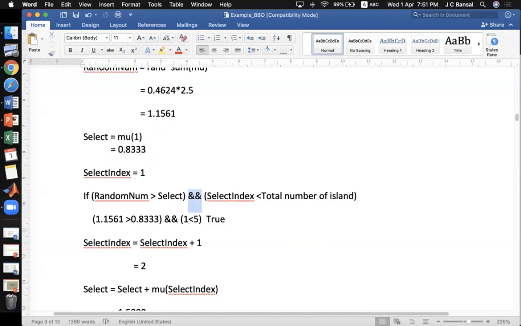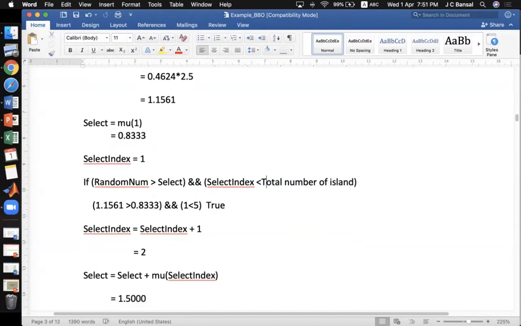And simultaneously, this should also be satisfied: select index, which is 1 right now, is less than the total number of islands, because we need to check this condition only up to the number of islands. We have to identify from which island this feature is to be replaced. So this loop will continue only up to the total number of islands. So we need to have this condition also. Here you can see that both the conditions are true, and therefore we will further